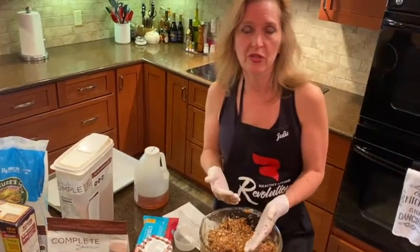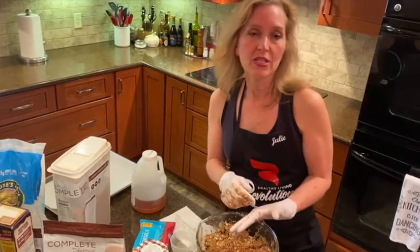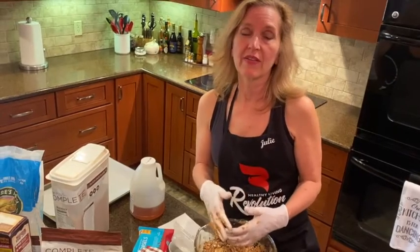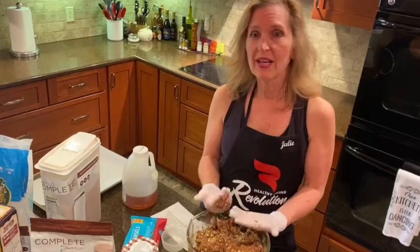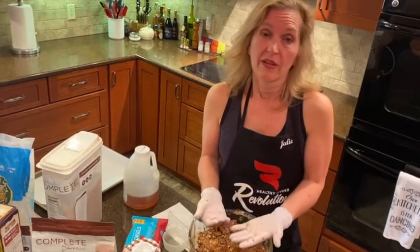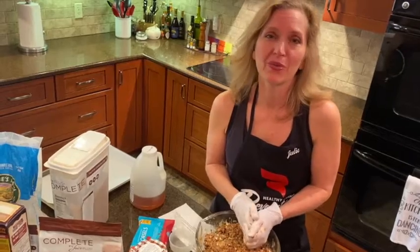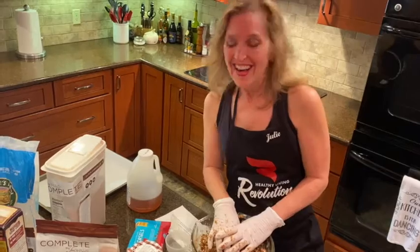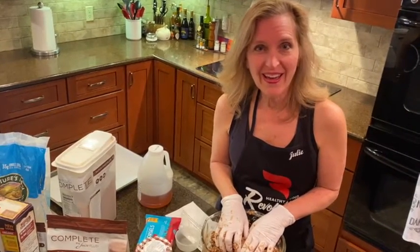because you're just going to pop that into the freezer and get it nice and cold, and then you can either put it into an airtight container like a Tupperware dish or something like that and leave it in your refrigerator or in your freezer, or you can use Ziploc freezer bags, keep it in your freezer for, you know, I've done several months and they're fine, but these will not last that long because they're going to be used up and eaten very quickly. I think that's everything for this particular recipe,